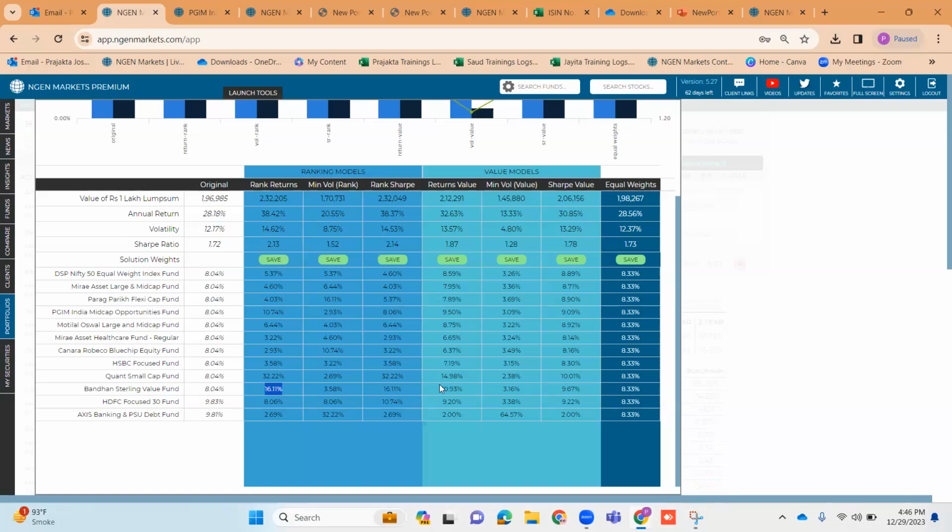ऑन द अदर हैंड वैल्यू मॉडल क्या करेगा, वो उसके अंडरलाइन का रिटर्न भी देखेगा, ठीक है। क्वांट सबसे पहले आया है रेस में, लेकिन उसने 20% जनरेट किया है, बंधन स्टर्लिंग वैल्यू भी क्लोज सेकंड आया है, उसका रिटर्न 19.5 है, तो मतलब डेफिनेटली क्वांट को सबसे ज्यादा वेटेज होगा, लेकिन क्लोज सेकंड वेटेज बंधन स्टर्लिंग वैल्यू को भी होगा, और वही किया है देखिए वैल्यू मॉडल ने। क्वांट स्मॉल कैप को दिया 14% विच इज द हाईएस्ट, लेकिन 10.93% दिया बंधन स्टर्लिंग वैल्यू को। वो अप्रिशिएट करता है ये फैक्ट कि ठीक है, ये फंड क्लोज सेकंड आया है विद रिस्पेक्ट टू जनरेटिंग रिटर्न्स। तो इसका जो वैल्यू मॉडल है वो क्वालिटेटिव ज्यादा जाता है और रैंकिंग क्वांटिटेटिव पे ज्यादा फोर्स करता है। हाँ, वैल्यू मॉडल थोड़ा बैलेंस अप्रोच फॉलो करेगा, उसका एक्चुअल अंडरलाइंग वैल्यूज कितना है रिटर्न्स का वो कंसिडर करेगा।